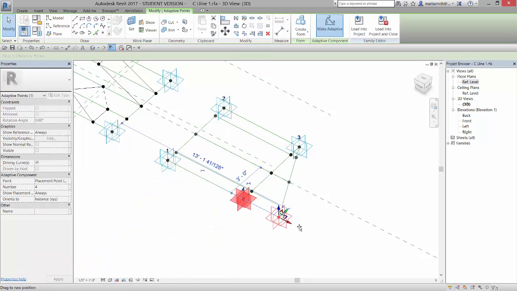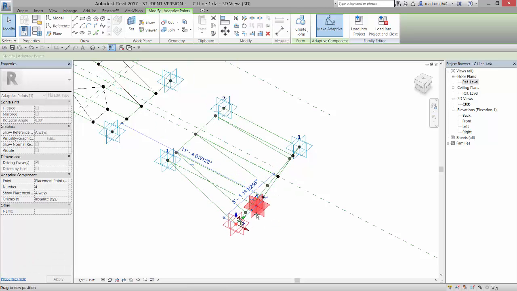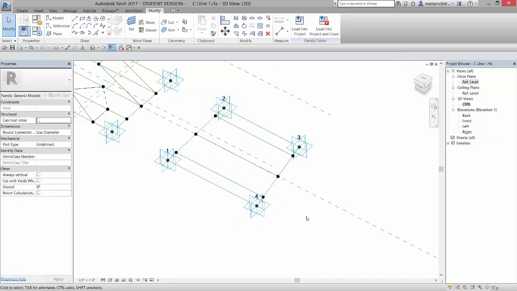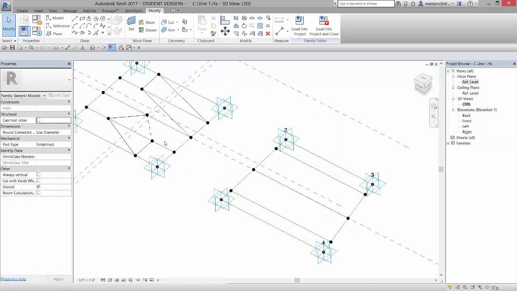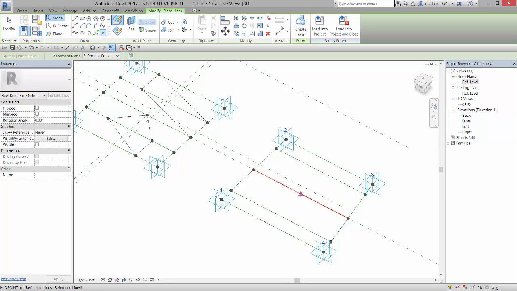Like if I pull that, I want to make sure that everything is kind of sticking and moving the way that I want it to move, right? And it is. So that makes me slightly happy. And now I can go in and I can place other points on here. So I'll just go ahead and place, I think I have a point in the middle of this one, and then I have a couple of points here, right, and here,